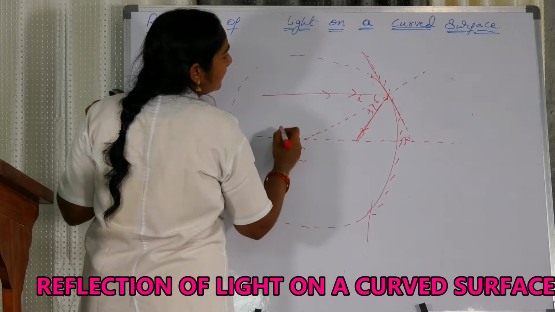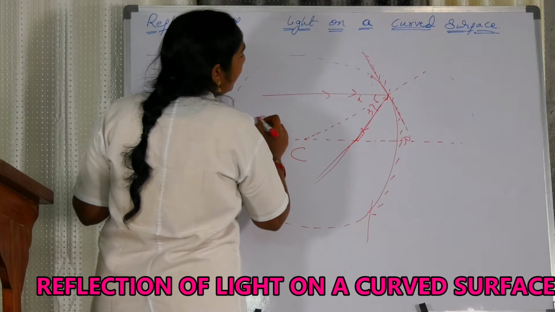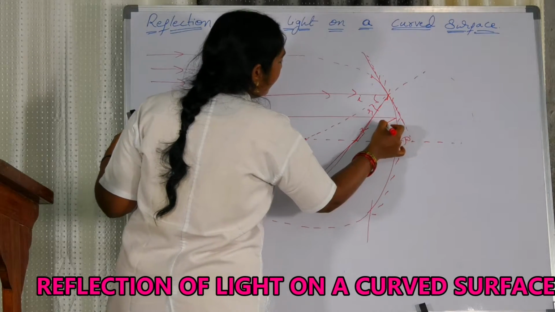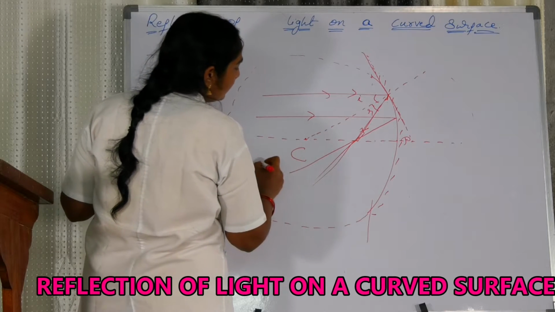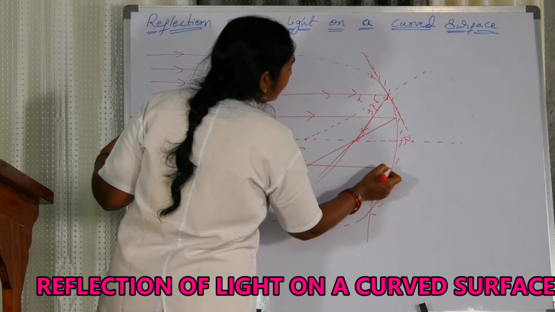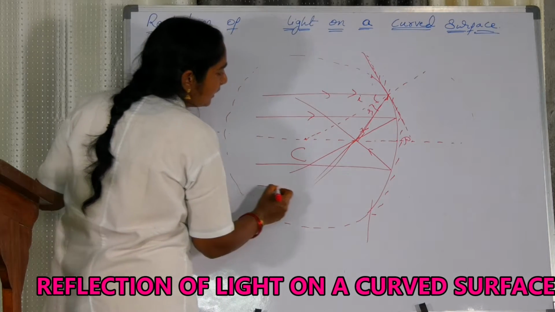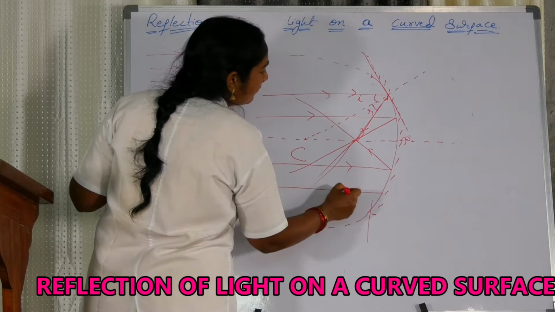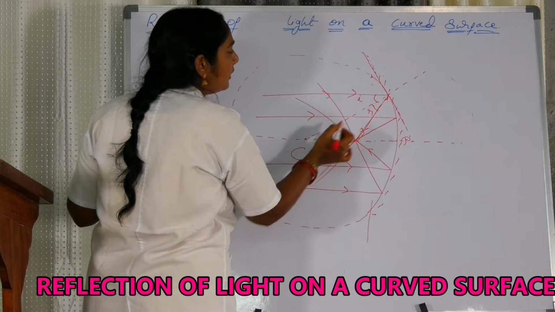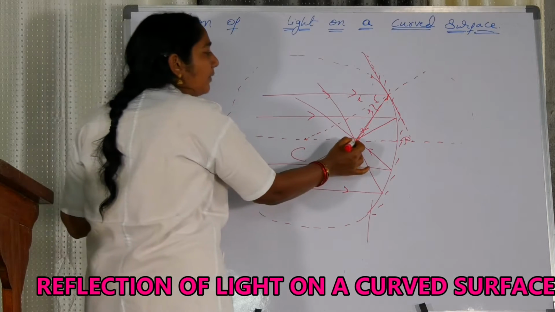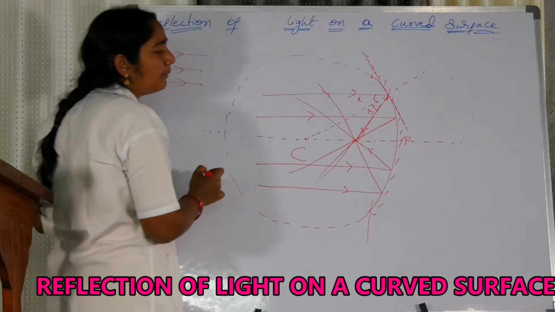So here, please try to understand, my dear friends. The ray is going like this. Another ray is again going like this. After reflection, there is another ray, and that ray is again going like that. After reflection, there is another ray, and again it is passing through that. So you can see that all the reflected rays are passing through the same point here. They are getting converged at a particular point.